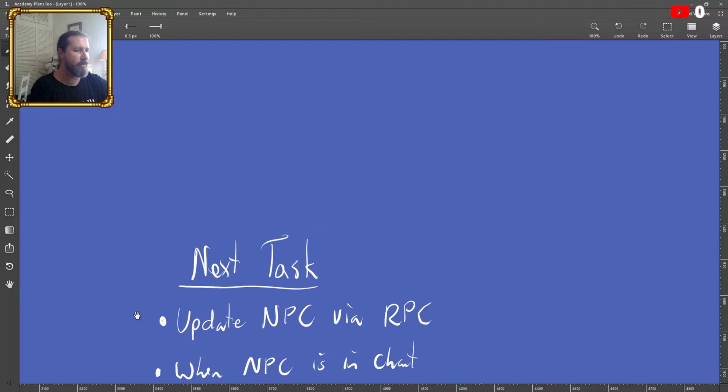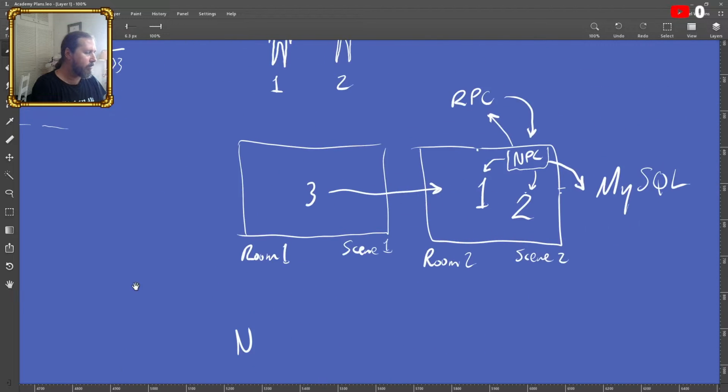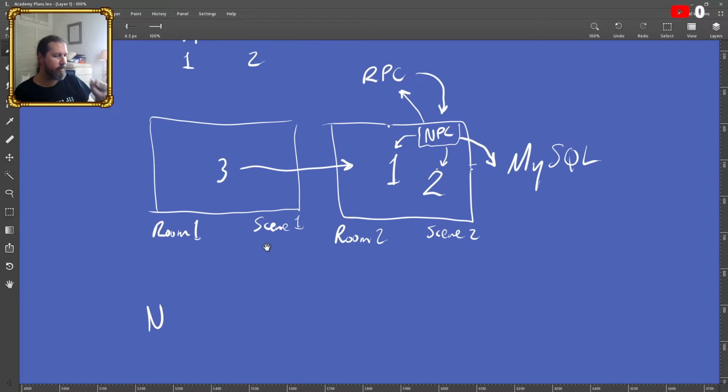Okay, that's going to come right back to this, where if number one starts talking to the NPC, then the NPC is going to send a message to himself as well as sending a MySQL message updating to say, I'm in a chat. And so if 2 goes up to that NPC, that NPC says, I'm in a chat, and 2 won't be able to chat with him.